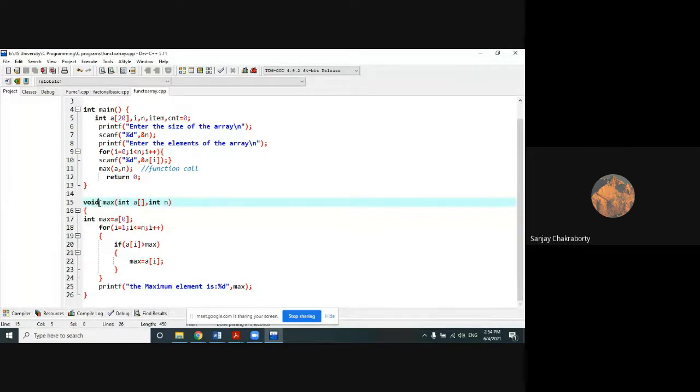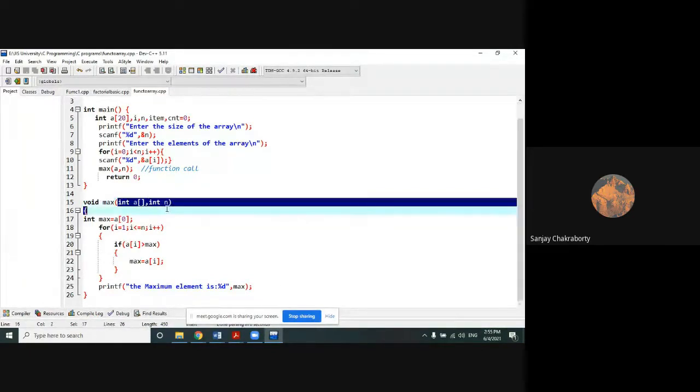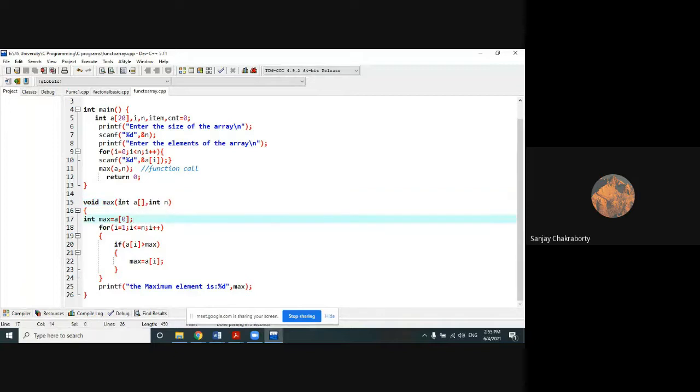And this is a sub function. This sub function has no return type, but has an argument list, right? Look at this argument list, how I have received the array. That is very important. It is followed by the data type, an integer type array, then the array name, and then a blank square bracket. You should put a blank square bracket. Here you are passing only the array name, but while receiving, you will have to represent it in the form of a and square brackets. And int n is a normal variable. It's not an array, so you can receive it as a normal variable, right?